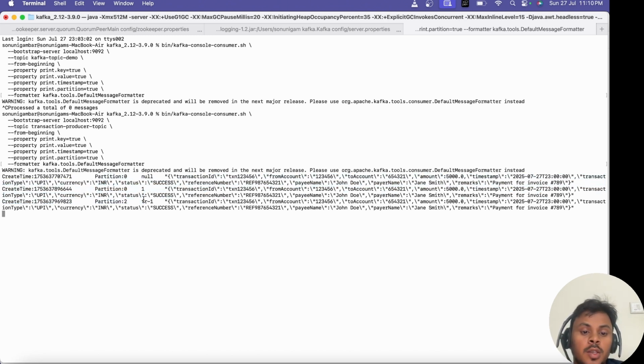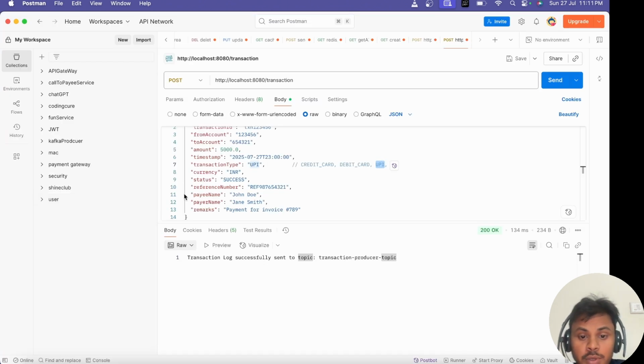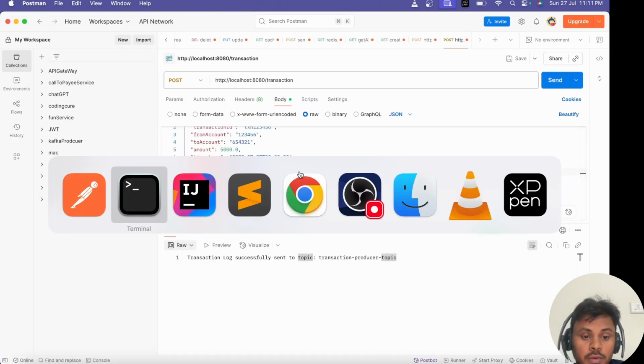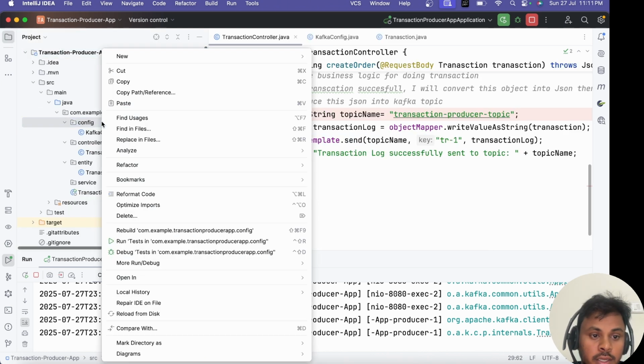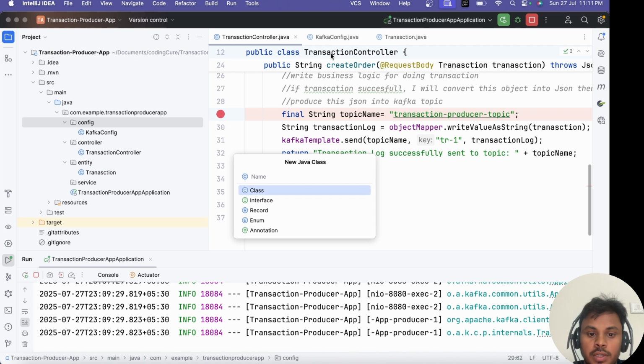If I want to process something in order, what will I do? I have to pass the same partition. So how is it possible? Here I will create one class, the config class, let's say transaction type